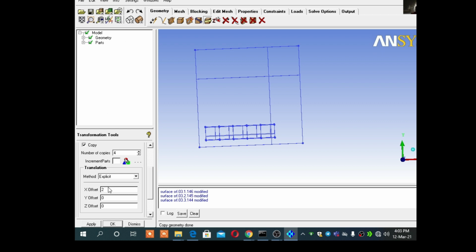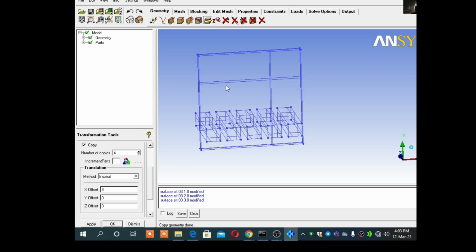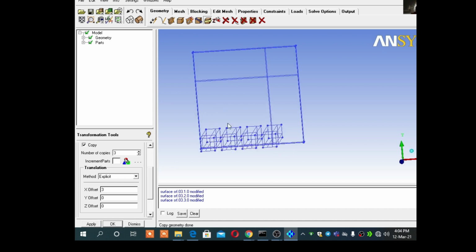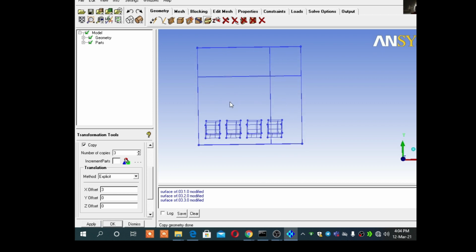Oh no, it is 3. I will say undo. Again I will undo. I will select 3 only. Yes, these are the 3. We will keep 3 by 3. Okay, that will be fine.